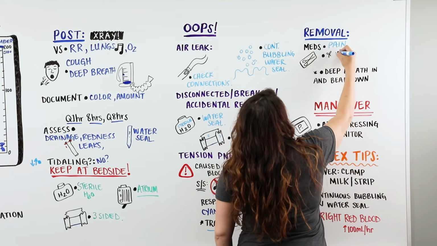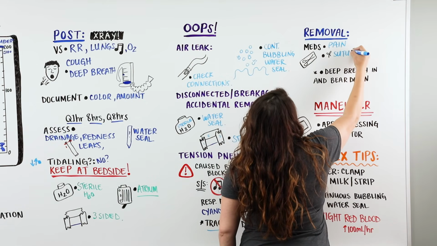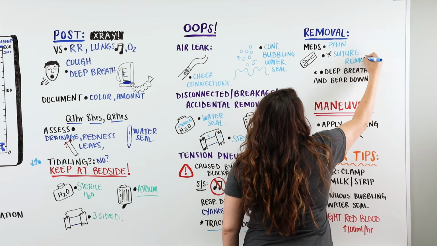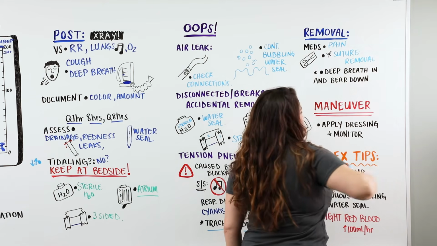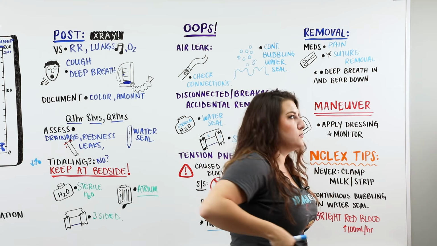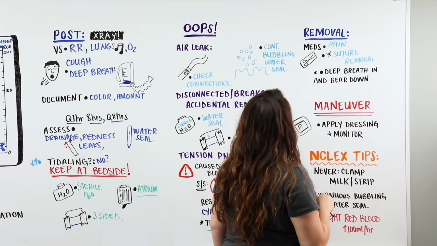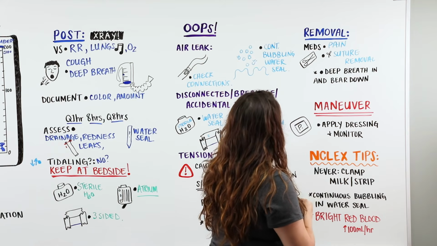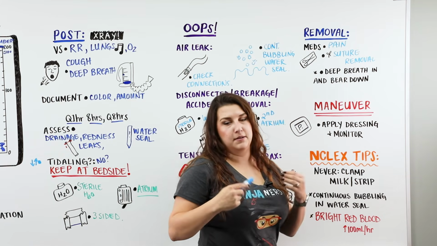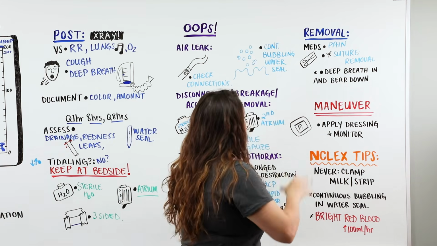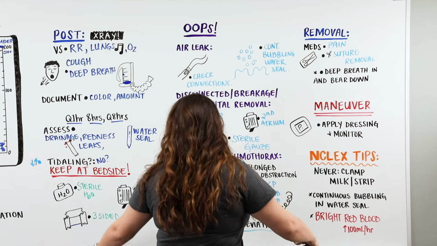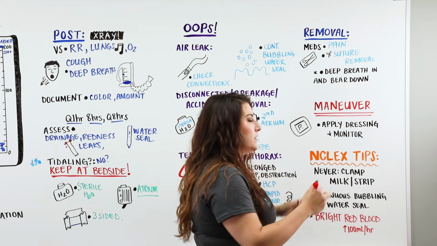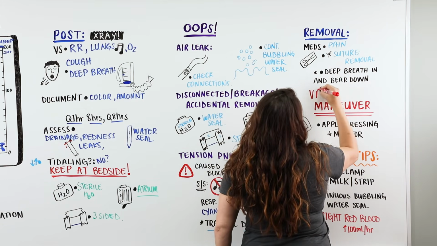The other thing we're going to need is a suture removal kit. You can always grab that or the provider will bring it to the bedside. That's just to remove that tiny little suture, maybe there's two, right at the insertion site so that we can take that tube out. So when we're ready to take out the chest tube, you're going to tell the patient to take a nice deep breath in and bear down. When we do that, it's to create that closed pressure system within the lung cavity, and it's a very specific maneuver called a Valsalva